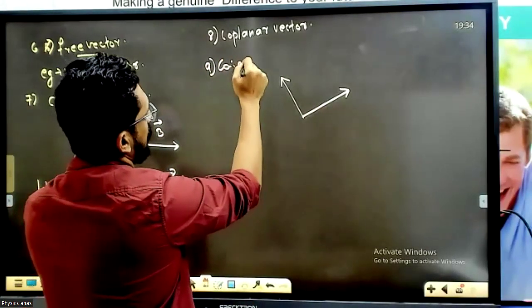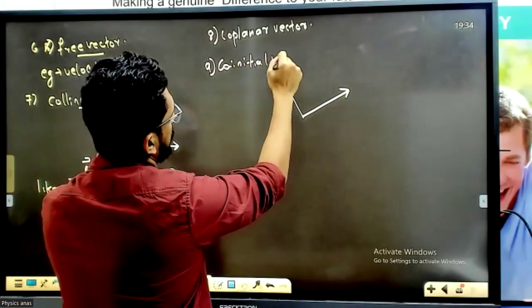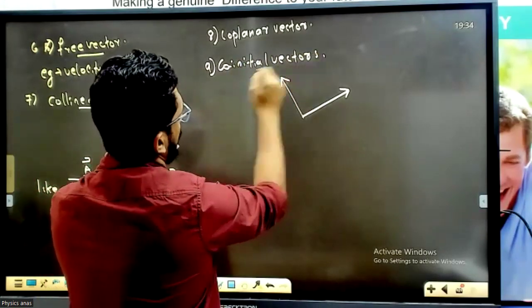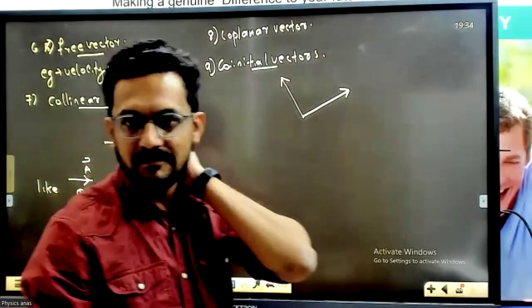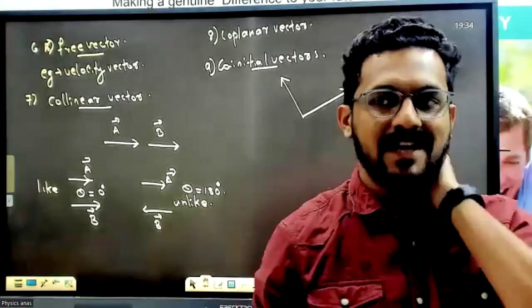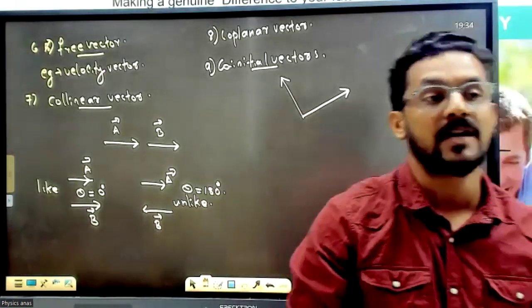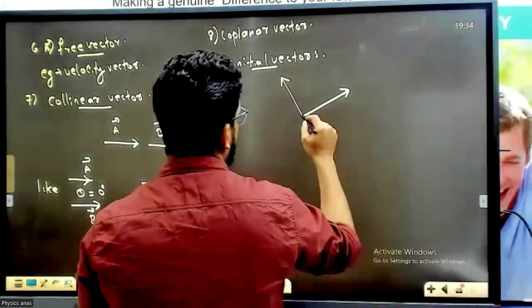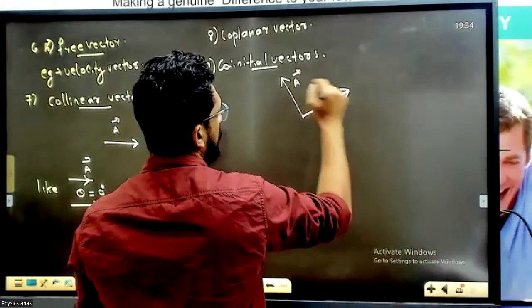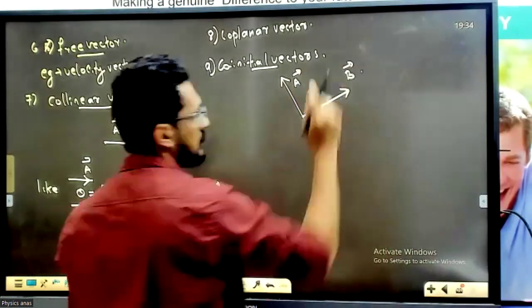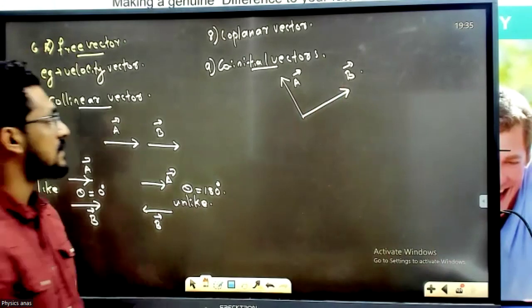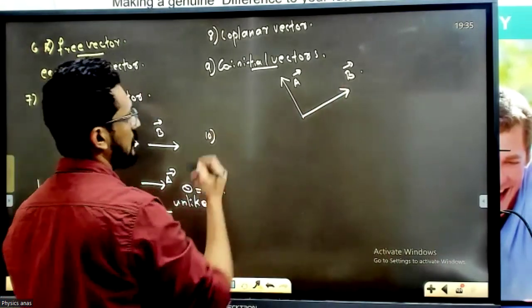Co-initial vectors are vectors which have the same initial point. They are co-initial vectors. And the next one,